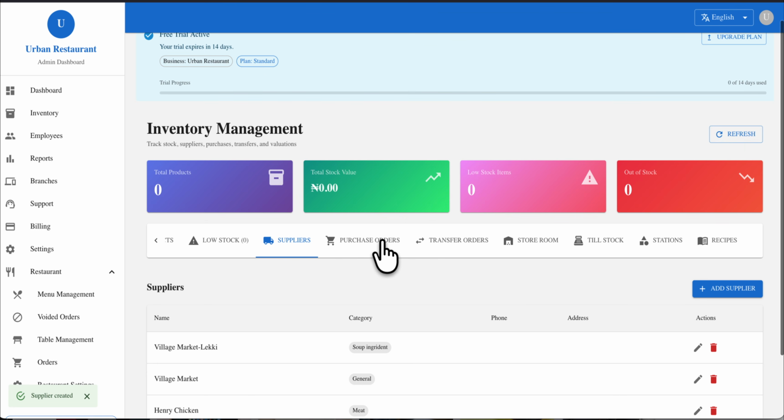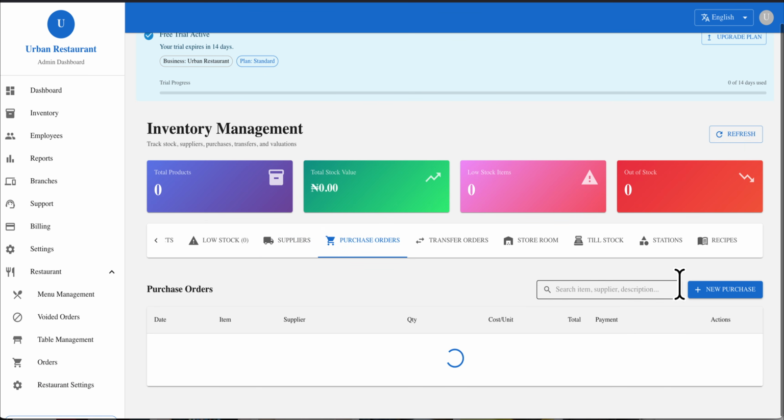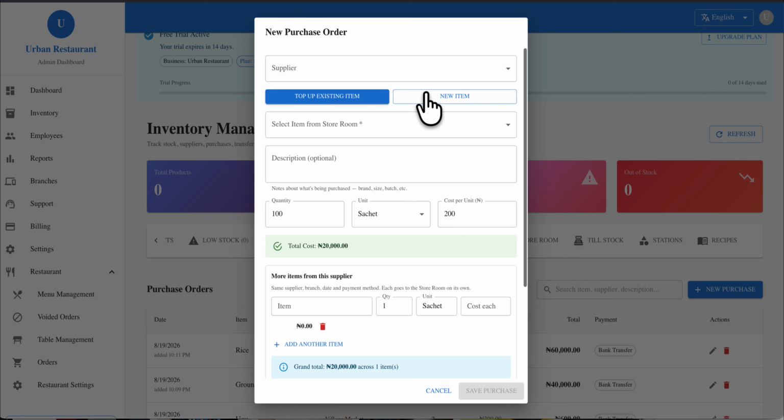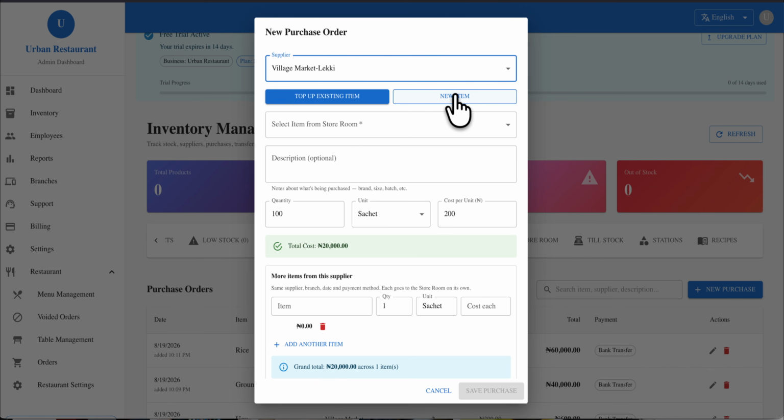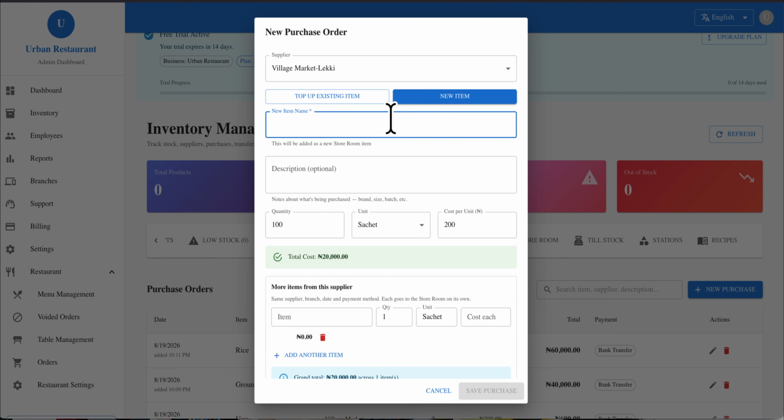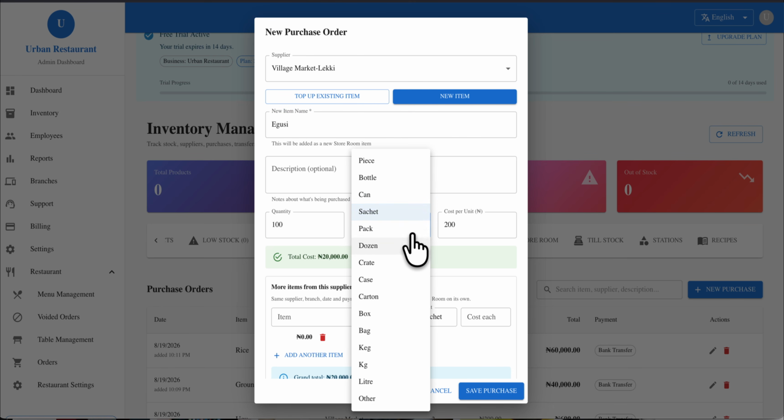So let's buy from the supplier. We'll go here, we'll buy. So our supplier, we have Village Market Lekki. Let's buy from this one. So what are we buying from this supplier? Let's say we are buying egusi. So egusi should be in,